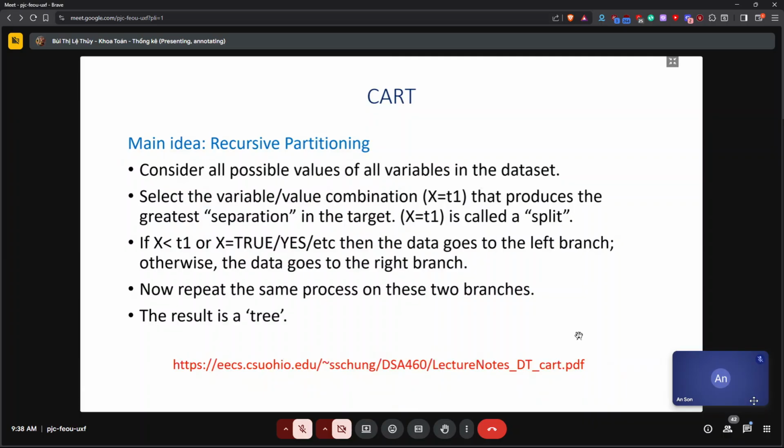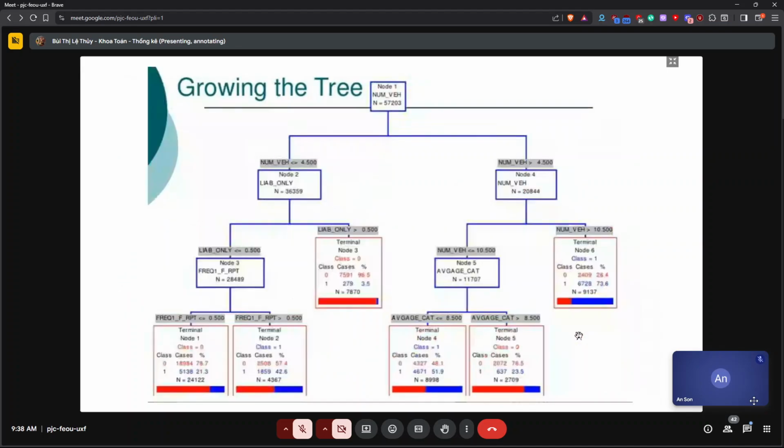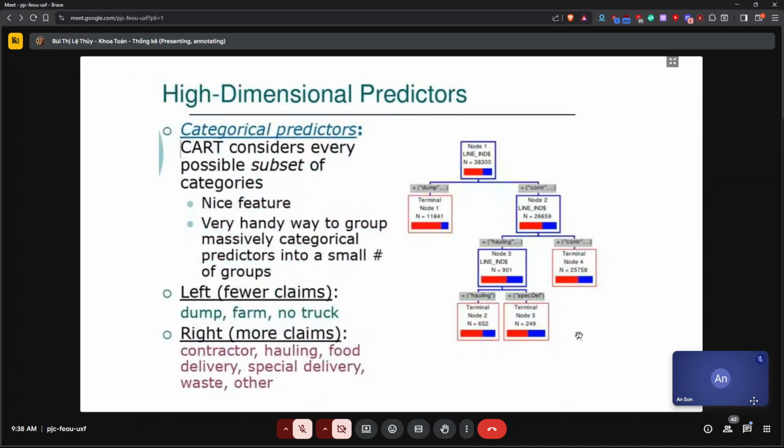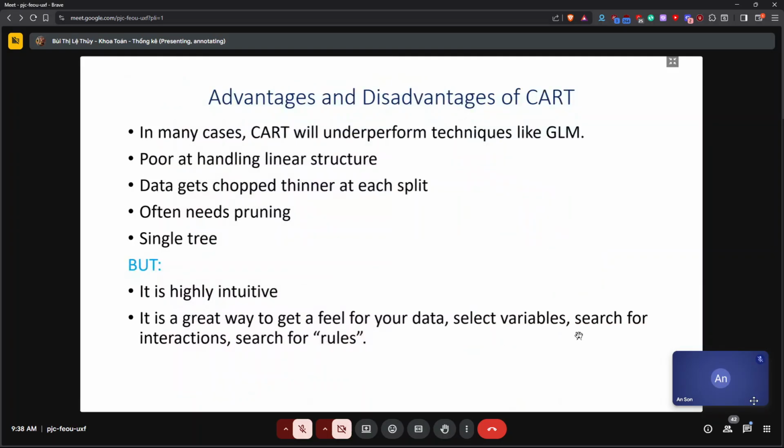If you go forward now, please, and the next one, okay, this one. So the disadvantages and advantages of CART. In many cases, CART, this classification tree, just a single tree won't be as good as other methods like GLM. It can't handle linear structure because it has to keep splitting the variables, and the data gets chopped thinner and thinner at each split.